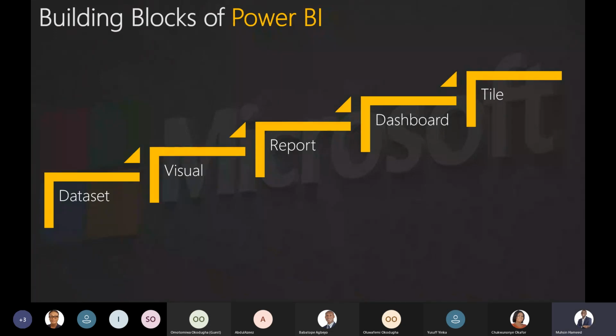dashboard, that is a tile. So let me just quickly run through this again. We have the data set, and the data set is where every analysis starts from. From that data set, you build a visual, which is your normal graph that you know. And from those visuals, you have a collection of visuals that gives you a report. From your report, you have some selected visuals that you want to monitor. That gives you a dashboard, and whatever space each of the visuals is taking on your Power BI is what is called a tile. Do we understand this?